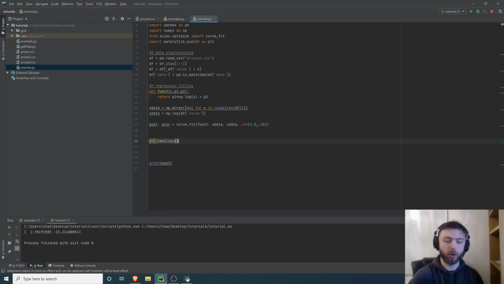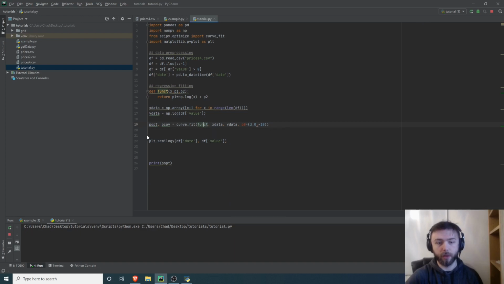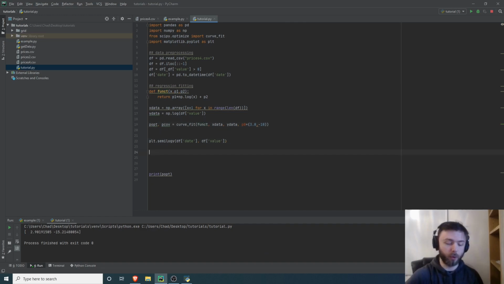So we're going to do a log graph of the values, so df dates versus the value of Bitcoin at the time. So df value. Don't forget this is a logarithmic chart, so that's because I've done semilogy, so the y-axis will be logged and the x-axis won't be. Obviously we have to plt.show, otherwise the graph won't show up.